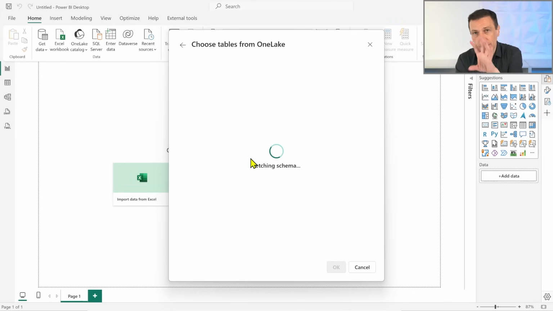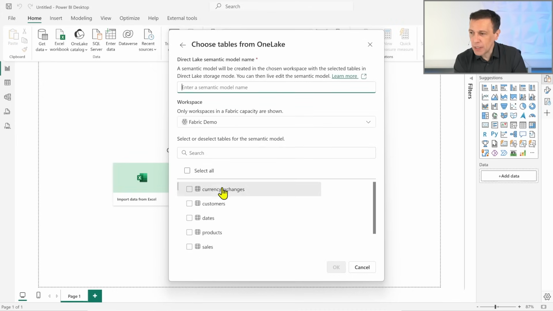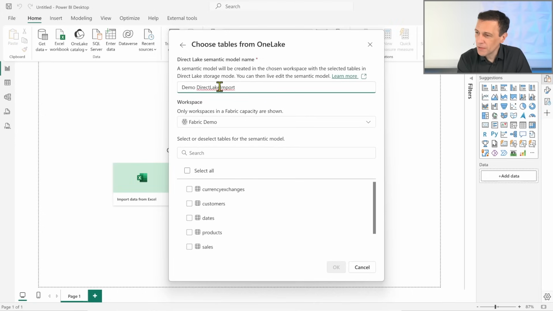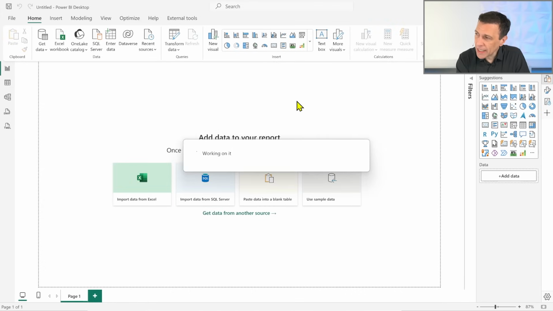So as soon as I have the available list of tables, I will choose sales. I will rename sales with the uppercase, and then I will import the measure. So here we call this demo Direct Lake import, single word, so we know that there is no other Direct Lake import. Okay, it doesn't exist, and I import sales. Remember, by doing this, I created the semantic model in the Power BI service. I will not have a local version of the model. So I click OK, and then once it is